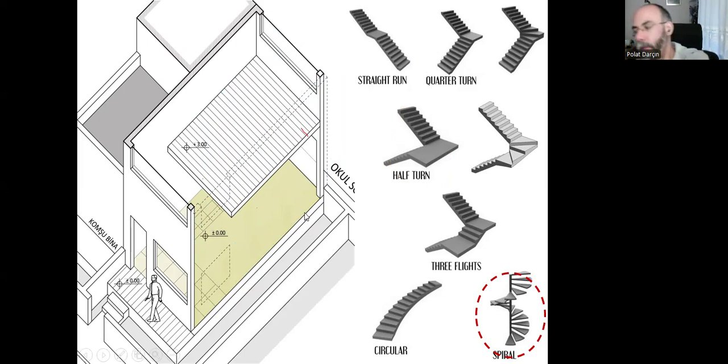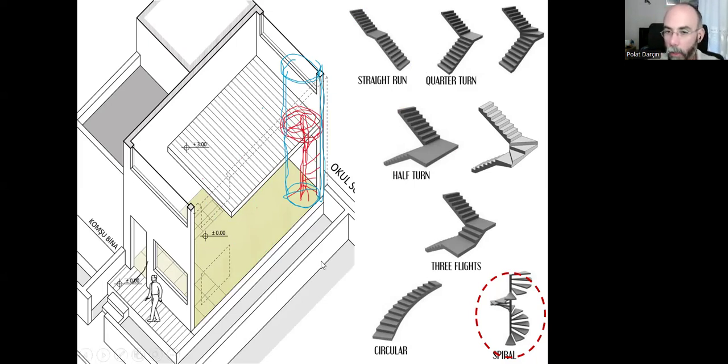The distance they need to walk is bigger now. How about a spiral staircase? As you can see, it occupies so little space. All the rest of the ground floor and the first floor can be used for other functions. It's good. However,